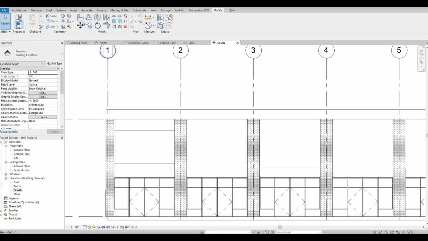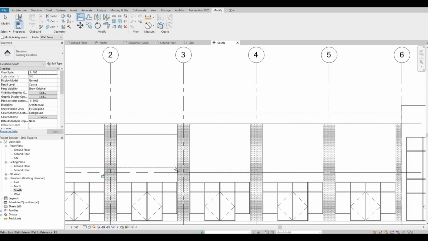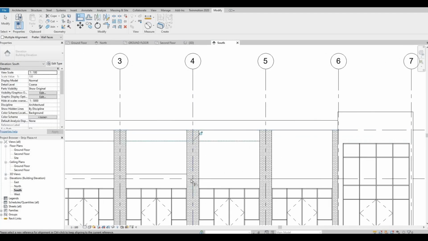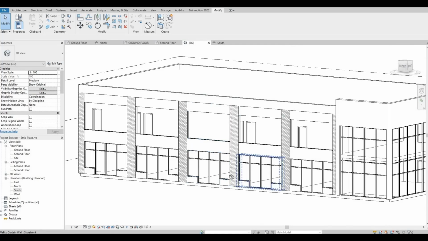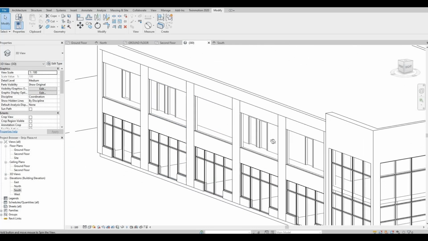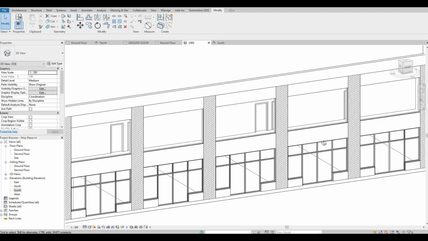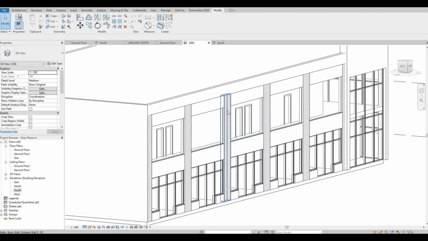So now, let's click align, and I am just aligning everything. After this,